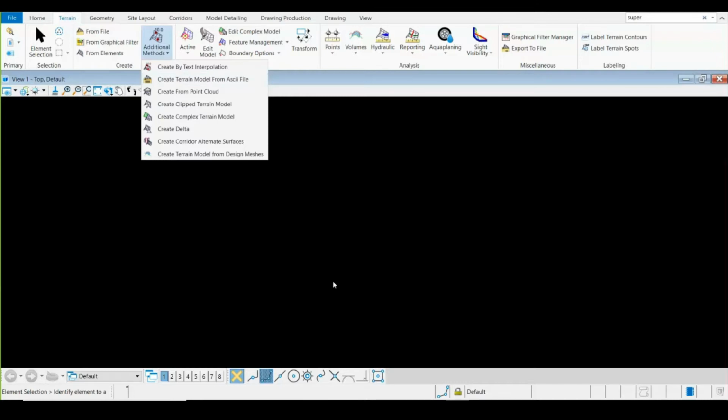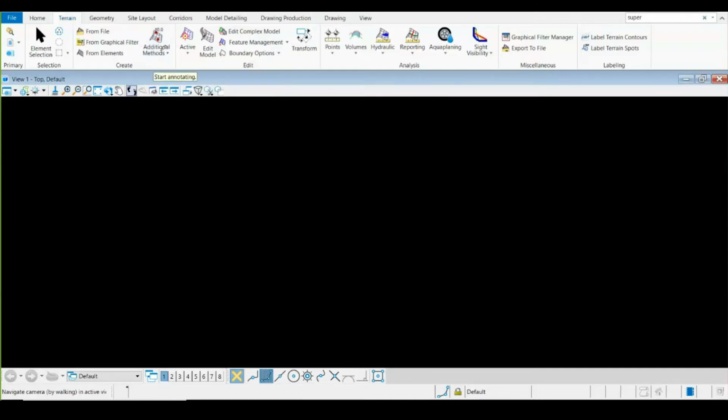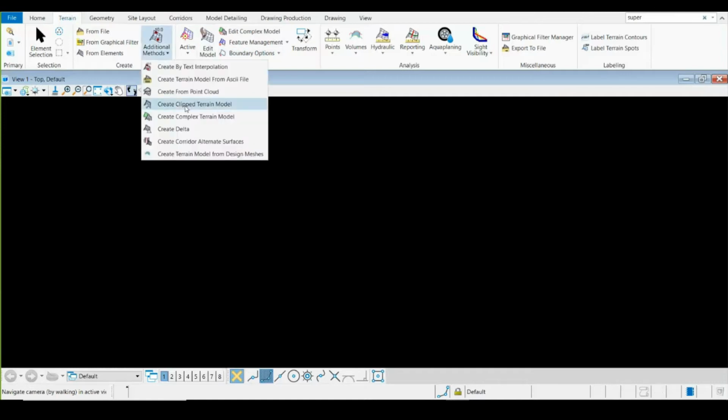It's a very simple tool, and very simple to create your terrain right from here. And if we have lidar data or drone survey data, then we have the option for create from point cloud. So these two options can again be used within the additional methods for creation of terrain.